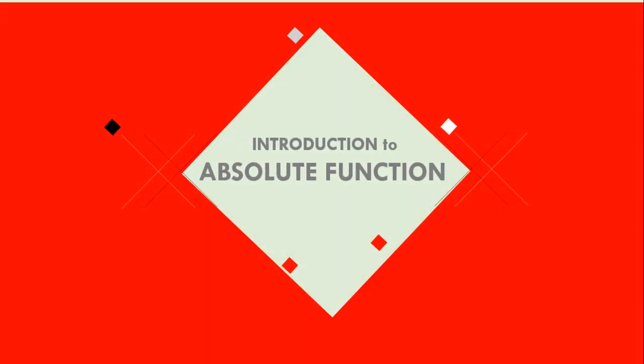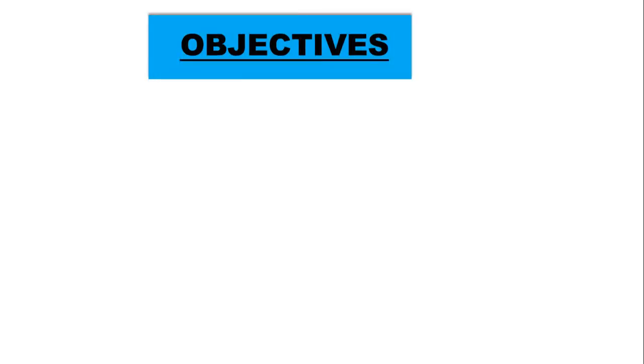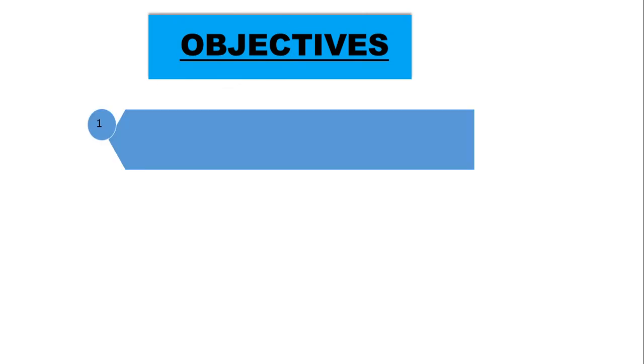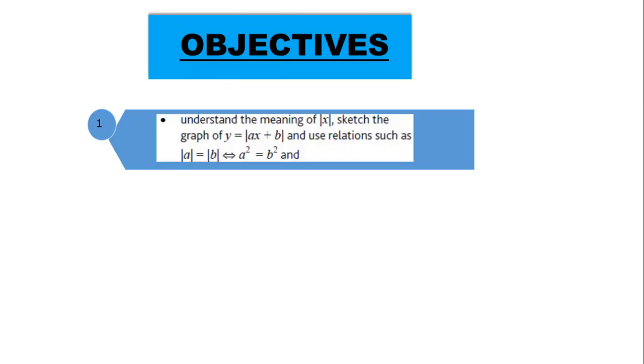In this particular tutorial, students of CAIE need to master the following objectives. Number one, it also has 3 points. Understand the meaning of these two vertical lines including x, called the modulus of the function or the absolute value of the function. Secondly, he must be able to sketch the graph of y equals mod of ax